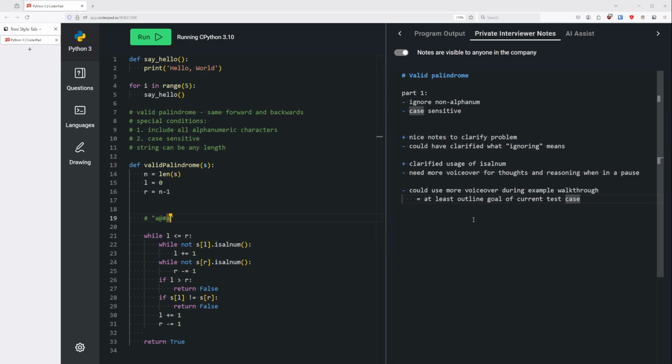Could you just quickly give me a voiceover for what the goal is, what the current test case is? Oh, I just wanted a test case to try with some non-alphanumeric characters to see what happens. Great, makes sense. And what would the correct return be for this string? Oh, actually, it's true, I guess, because we ignored the